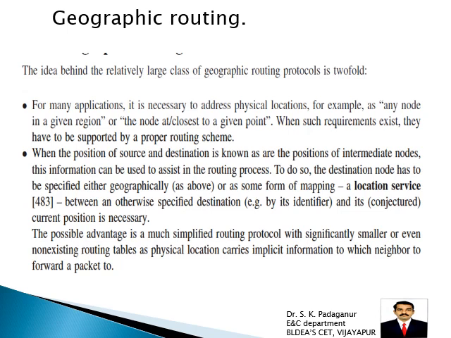Explain GPSR. GPSR is nothing but greedy perimeter stateless routing protocol. The GPSR protocol forwards packets as long as possible using greedy forwarding with the most forward rule. Because it has to forward to the nearest node which is nearer to the destination. GPSR is very important, greedy perimeter stateless routing. So based on the location of the source and destination, it will keep on forwarding until it reaches the destination.